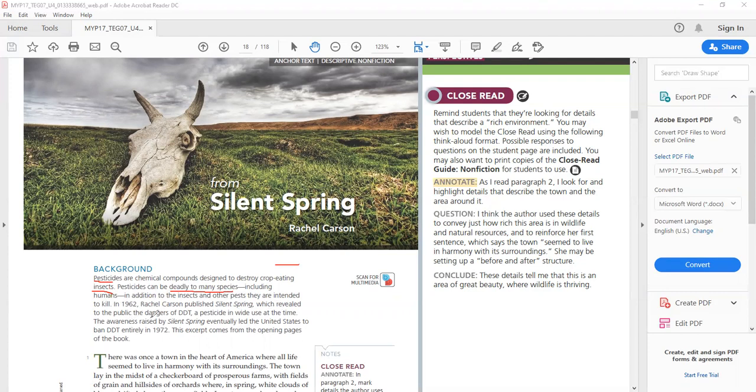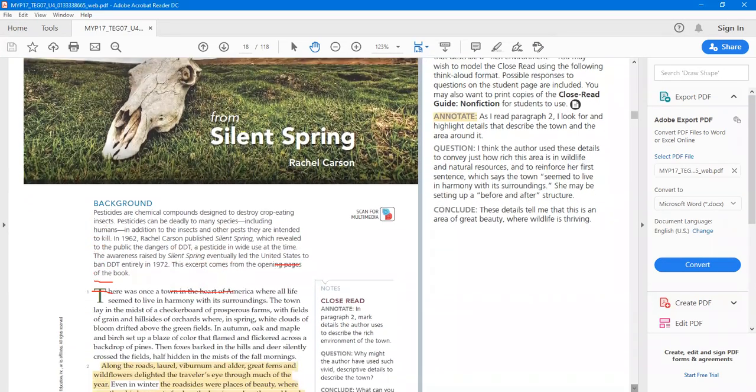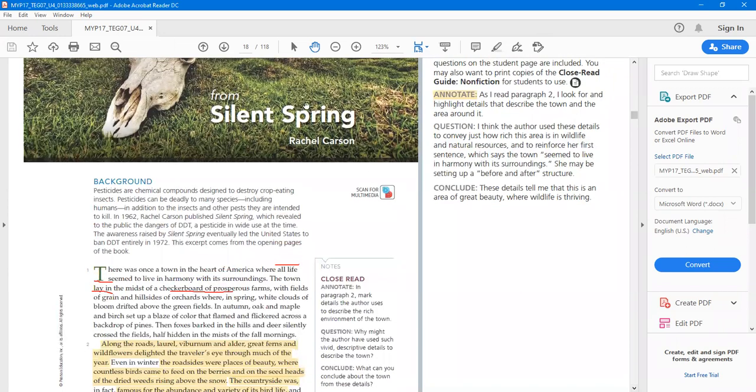The awareness raised by Silent Spring eventually led the United States to ban DDT entirely in 1972. This excerpt comes from the opening pages of the book. So here we see that Rachel Carson is an author, but also a lady who stands up, who wants to fight for planet Earth and what it's all about, and taking care of planet Earth.